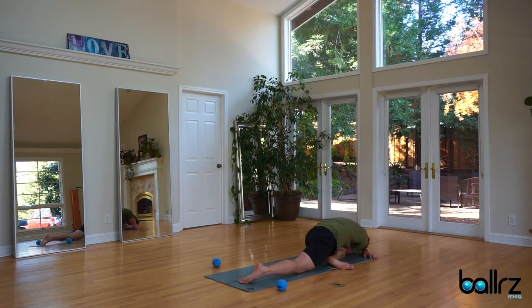Robert's showing us the shoulder twist variation of half pigeon. But this is all about the hips. Remember, there's no pain in yoga, but there is sensation. So notice any sensations that are coming up for you as we